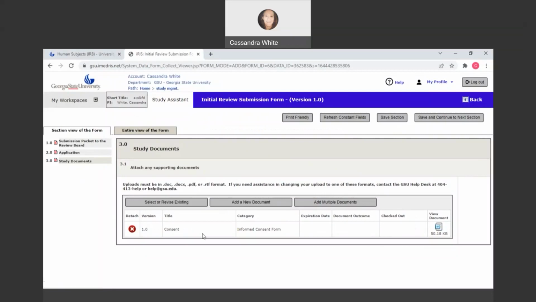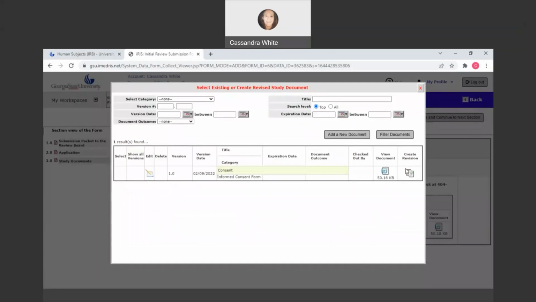If you made a mistake and you wanted to upload a different one, it's kind of a complicated process. So I'll try to show you here. And this is also for revision of documents too. Rather than trying to delete it, which doesn't detach or work somehow, it doesn't delete it from your application. You need to revise an existing document. So you would select revise existing,